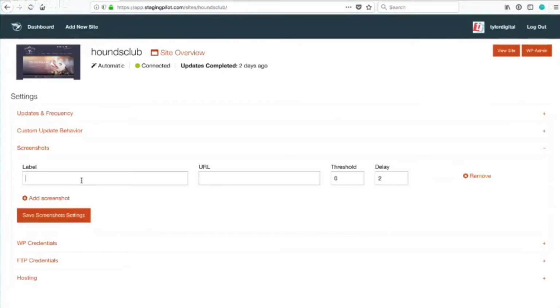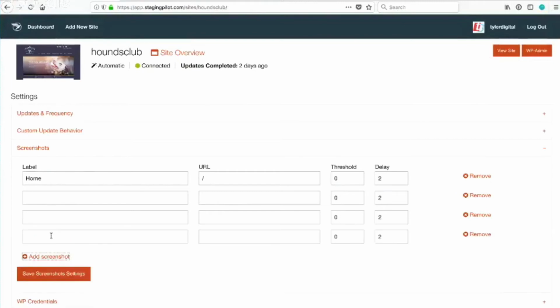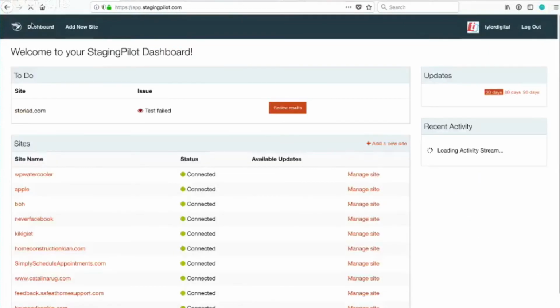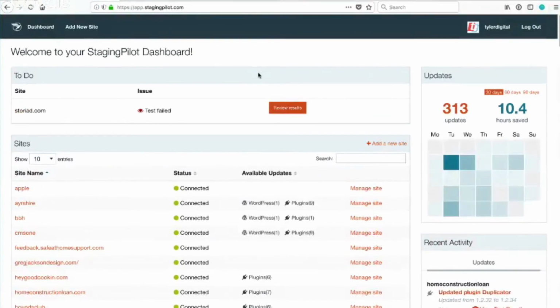But here's how you could add. You can add as many as you want. Gotcha. But it'll scan through and find pages to take a screenshot of automatically. So by default, we look for maybe 12 screenshots, which gives you really good coverage throughout your site. But you can add specific ones, and then you can add automated tests to go through a checkout process,